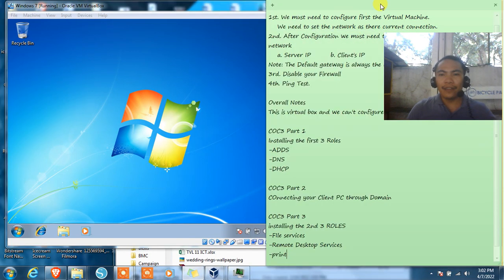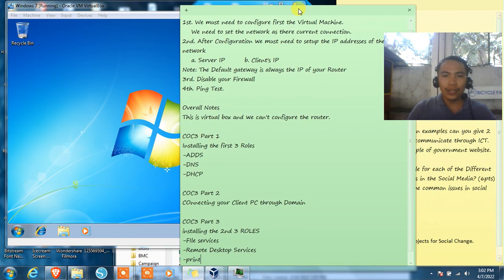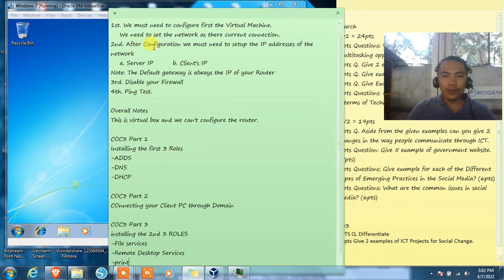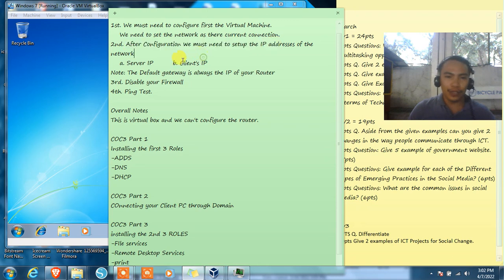Today we will be having a demonstration on how to configure the virtual machine for us to have a network on it. After we configure the virtual machine, we're going to configure the IP addresses of the computers, for the server IP and the client's IP. Then after the configuration, eventually